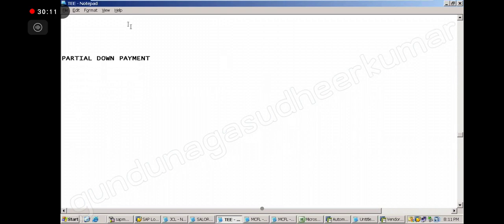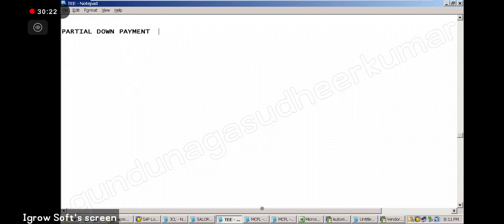Now in partial down payment, tell me in manual process what have we discussed? Go to F-48. In case of partial down payment, what is it that we have requested?